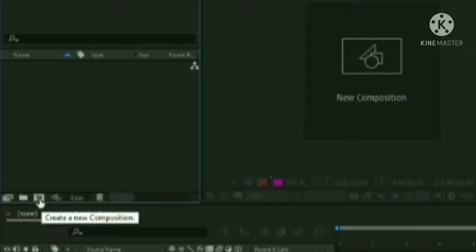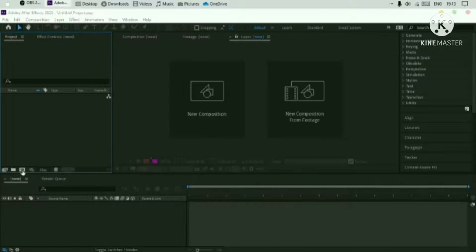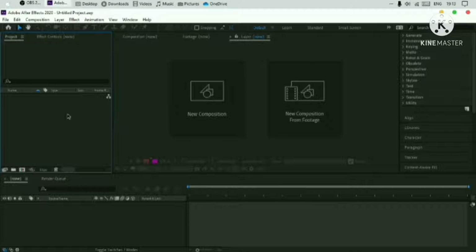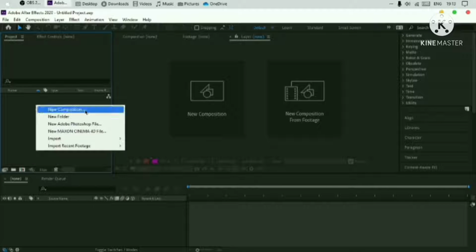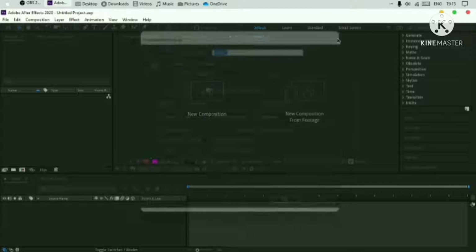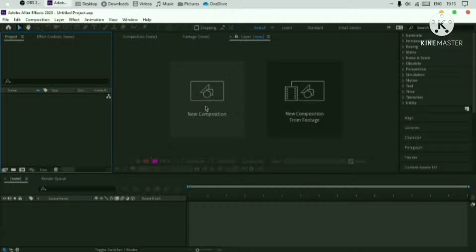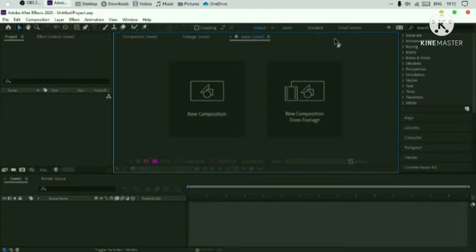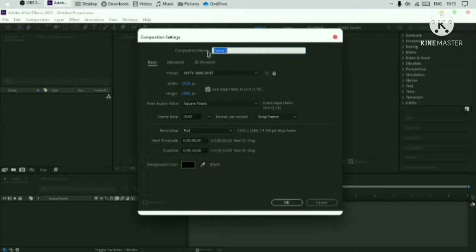From here you can create a new composition just by clicking on it, and this composition settings window opens. Or you can right click here and create one new composition, then also the composition settings open. So these are the three simplest ways of creating one composition. Alright, so let's click on this button and create one composition.